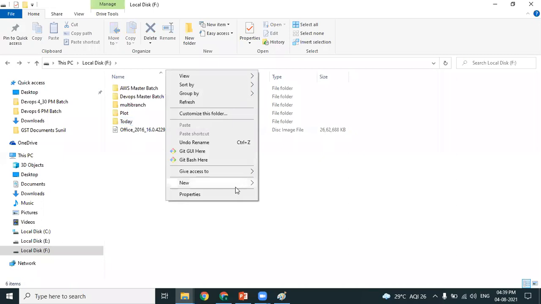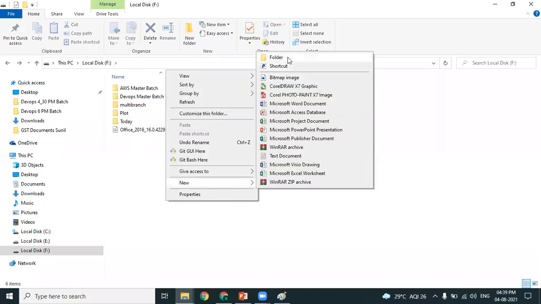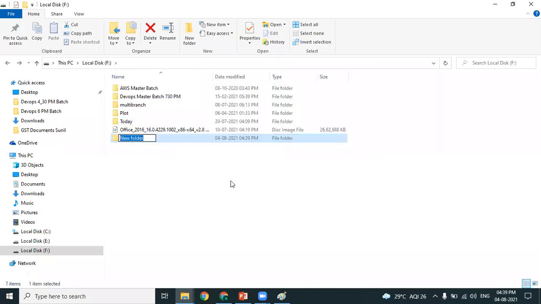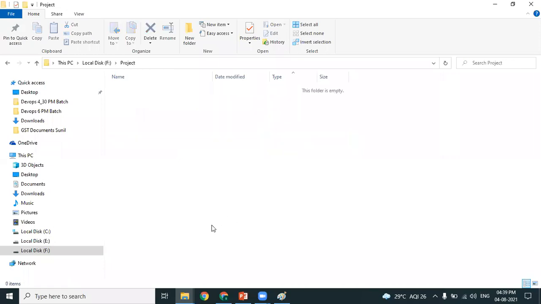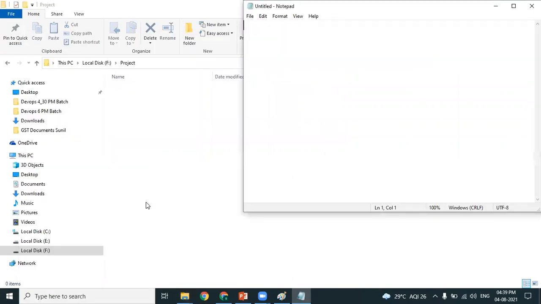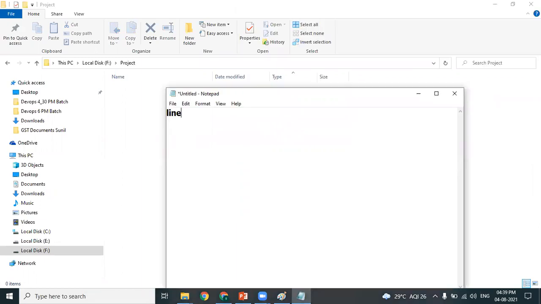Somewhere in F drive, I'm creating a folder. Folder name can be anything. Let's say I'm creating a folder with the name project. And let's assume, as we always assume, that I'm a Java developer. I'm developing some source code files, line 1, line 2, whatever it is.